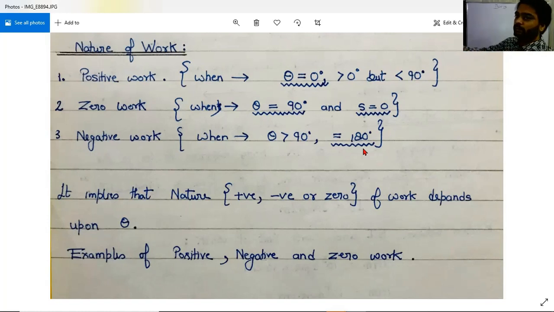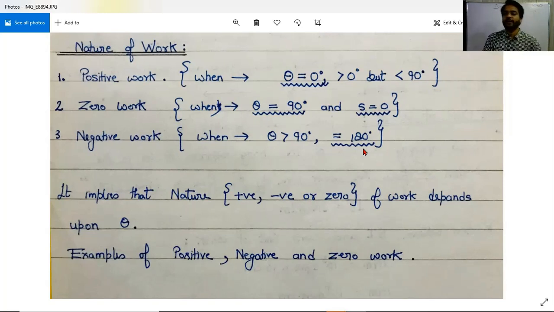For example, pushing a table. This is an example of positive work. Okay, a porter holding a load on his head and moving in forward direction on the platform. Then work done by him against gravity is zero. Angle is 90. Gravity is downward. Motion is forward. Angle is 90. Okay. And zero work can also be there if no displacement is there. For example, you are pushing a wall. You applied a force, but there is no displacement. So displacement is zero. So work is also zero.